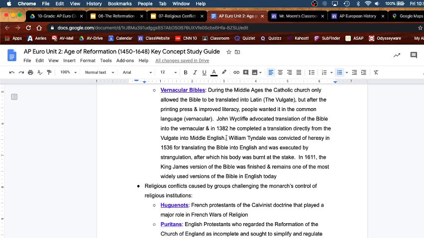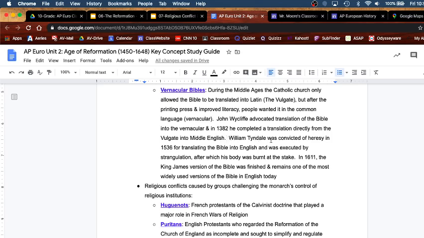So there are some differences in versions of the Bible with translation, and that causes some people to be concerned with what's the original interpretation, what's the original meaning of passages in the Bible. It all comes back to who translated it and how it was translated. But nonetheless, John Wycliffe just wanted regular people to be able to access the Bible in English.